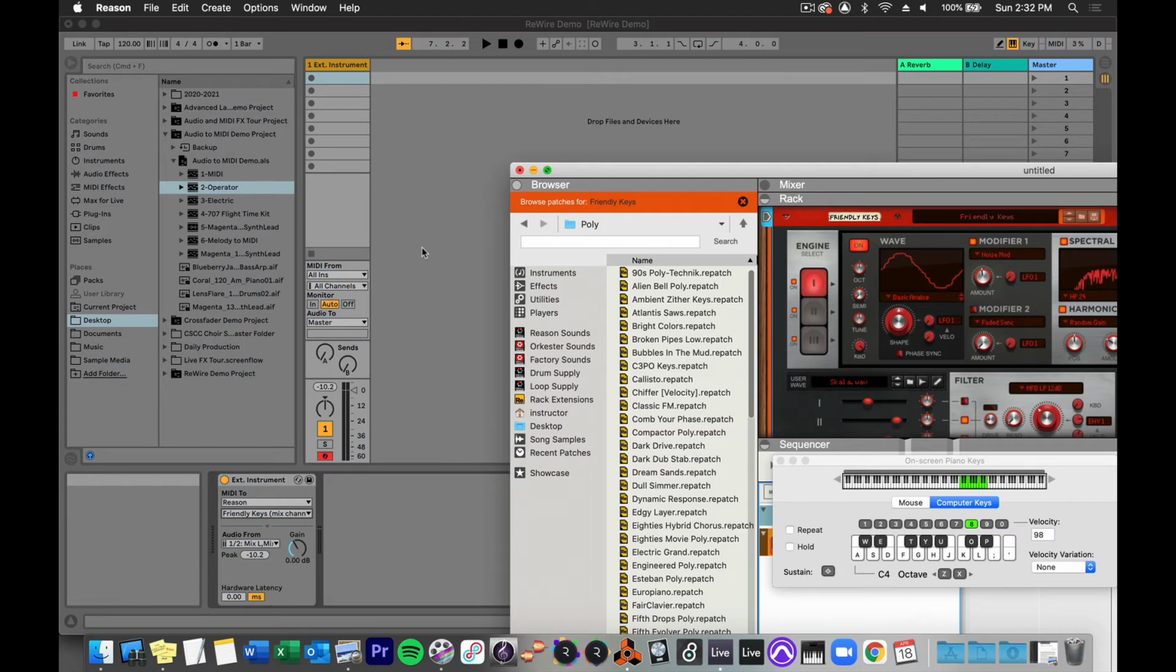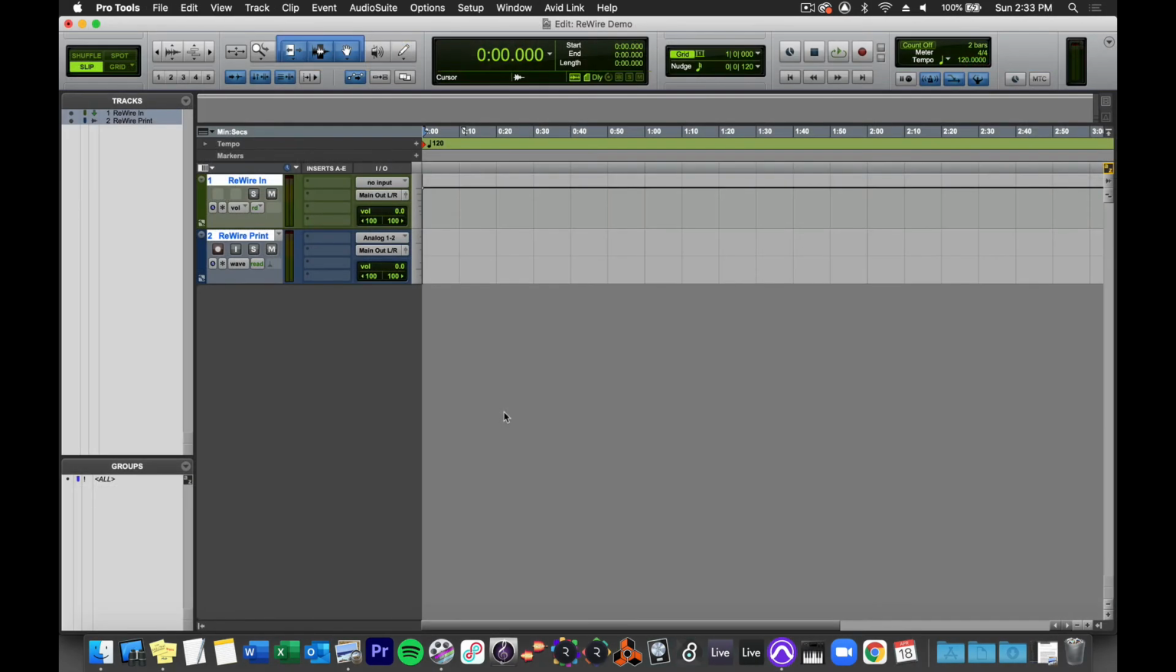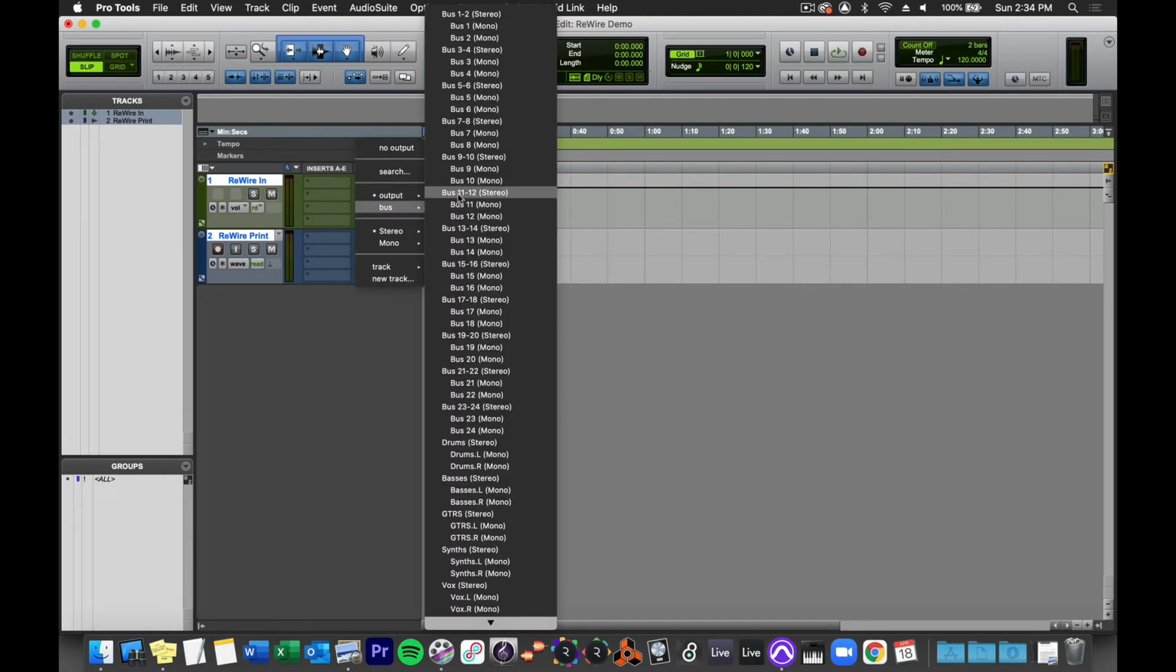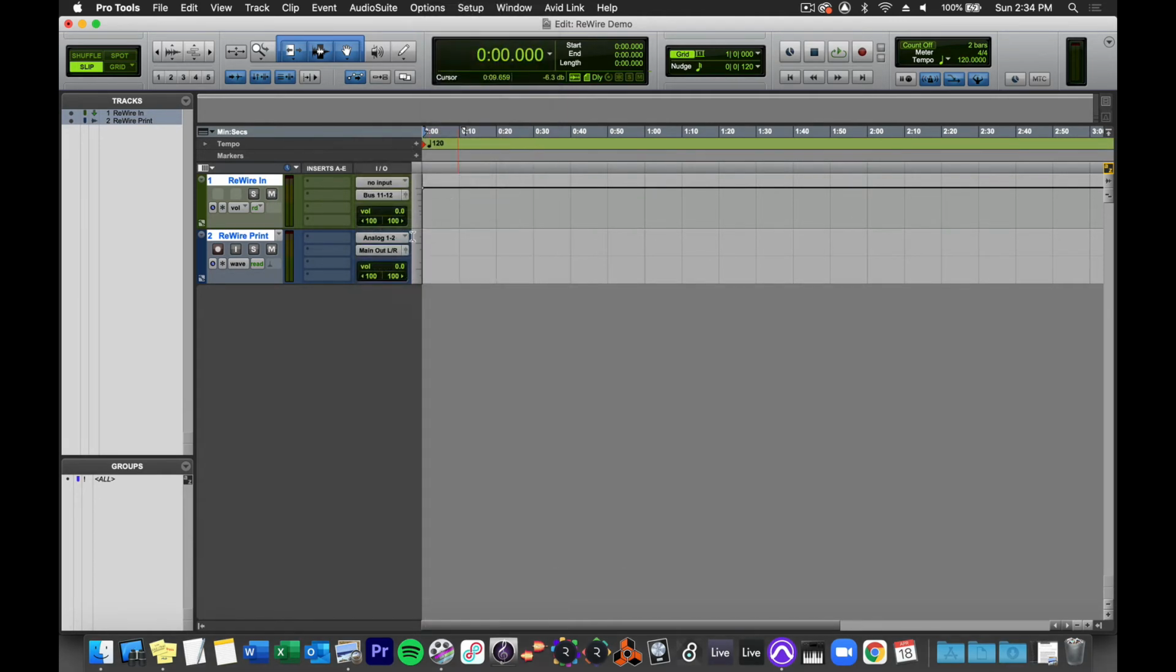Now I'm going to quit both programs, and then I'm going to open up Pro Tools and use Ableton Live as a plugin inside Pro Tools. Okay, here in Pro Tools, I have created a stereo aux input track and a stereo audio track. I'm going to route my aux track to a stereo bus, how about 11 and 12, and then I'm going to bring it in here